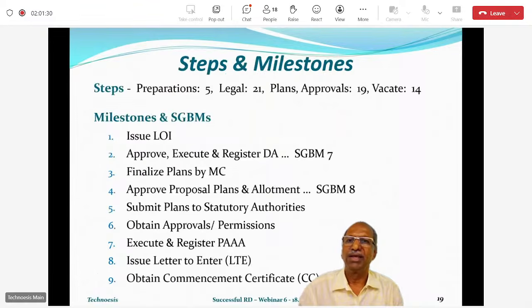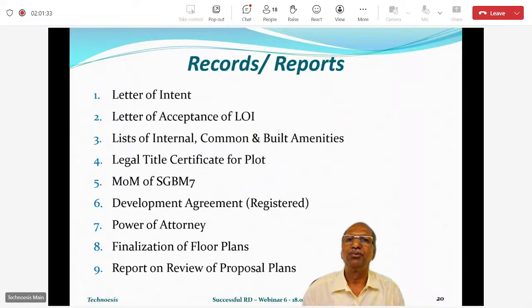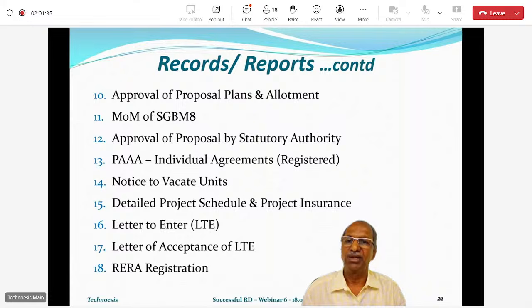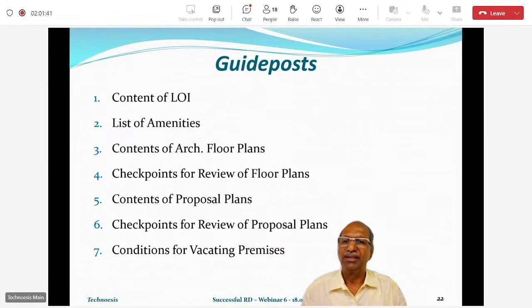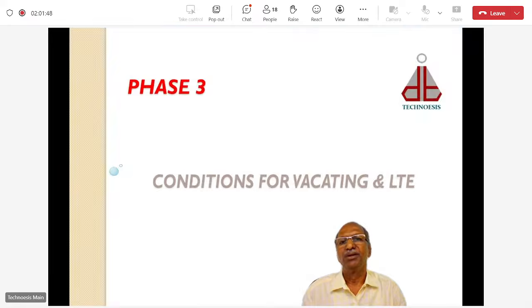There are 9 milestones. There are 9 reports. Oh, sorry, not 9 reports. There are 18 reports here for this case. And there are 7 guideposts right now. We haven't uploaded the legal guidepost yet. So